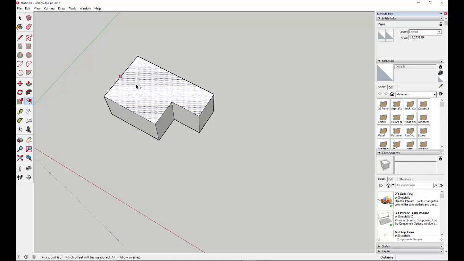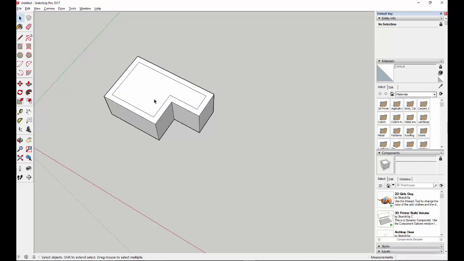If I click on the face, you'll notice that this little strange line goes around the perimeter of the shape, and I can type a specific distance. Let's say I want 4 inches, for quotation, enter, and you'll notice that it divides my object around the perimeter so that I have 2 different faces to work with. For instance, if I want to pull these up,